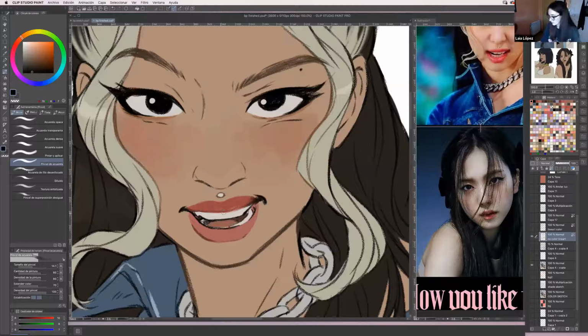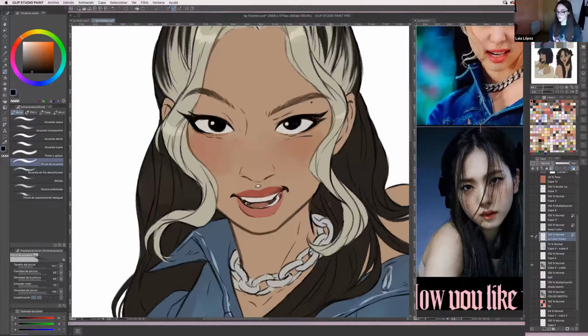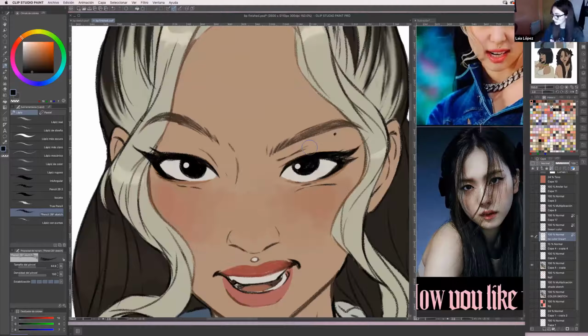That's good. And for the eyes, as you can see, I basically use the liner and color the eye pure black without any color, because what I do is I color it using the line art. And I think Jenny has blue eyes in this one, so I'm gonna pick a shade of blue. Wait, not that.